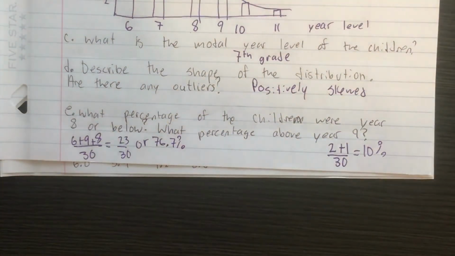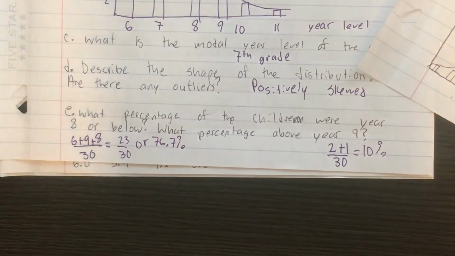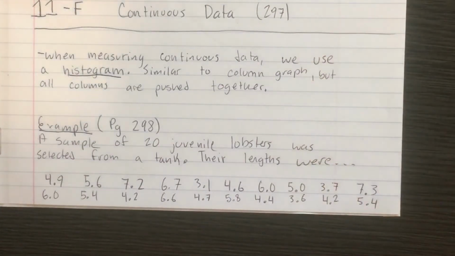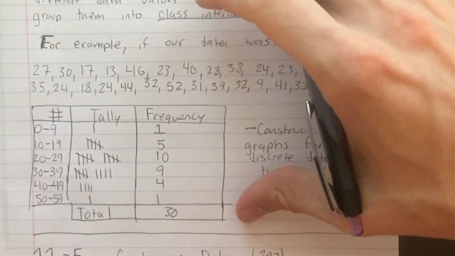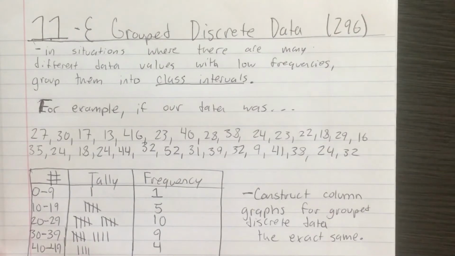So again, I don't think that this is anything mind-boggling that we're going over today, but I did want to go over it with you all just so that we could be certain. So we're going to go through 11E, and then we'll finish up with 11F, and then we will be good to go today. Now, the only things that you all need to know from 11D here are that